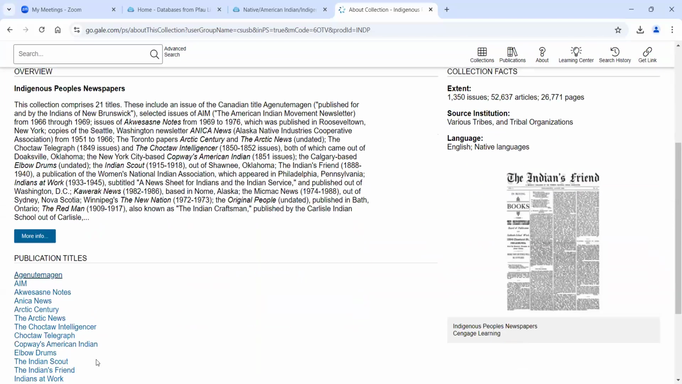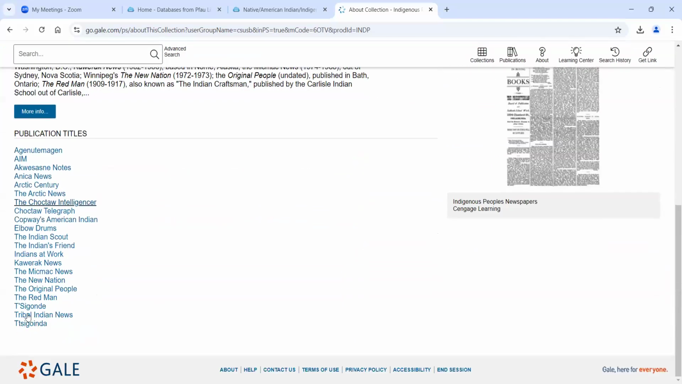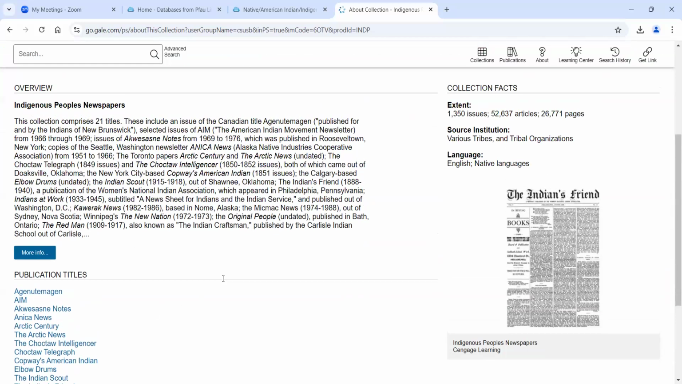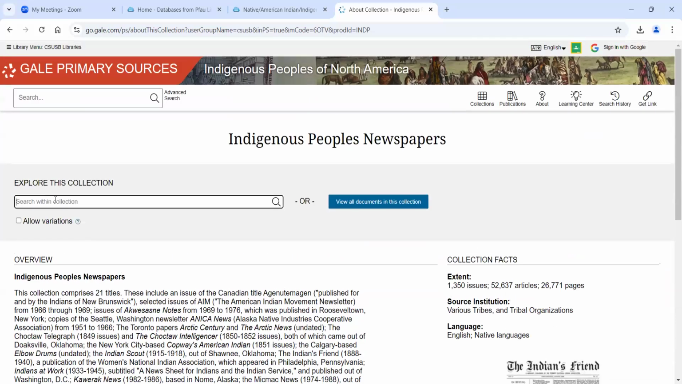Now there's no archival arrangement here. These are just the newspapers listed, the ones that they have listed. There's not a lot of them, maybe 20, 25, but these are the ones you're able to search in. So I could search within this collection. So I'm just searching within the newspapers. If I went up here, I'd be searching in the whole entire database, but this is just in Indigenous Peoples newspapers. I can search here under, let's say,